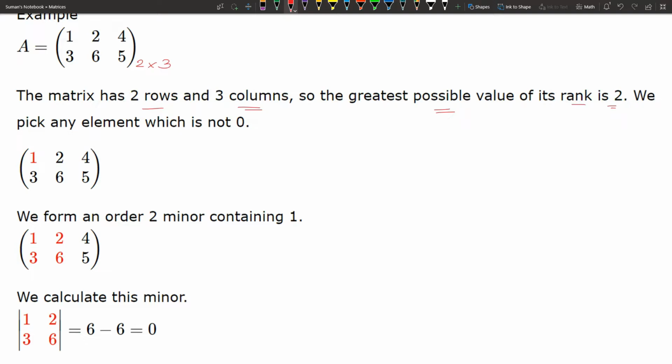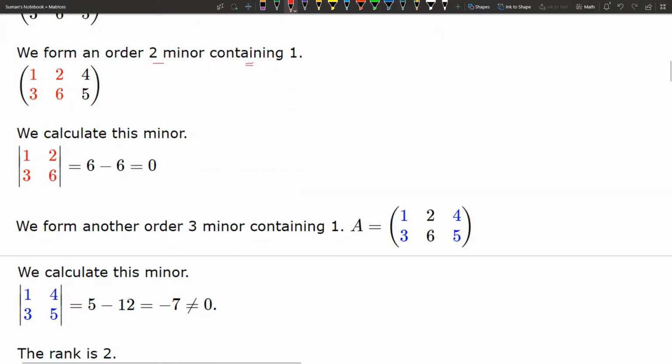So we pick any element which is not 0. Suppose we are picking the element that is 1, that has been pointed here using the red color. So we form an order 2 minor containing 1. Let 1, 2, 3, 6. Now we calculate this minor or the determinant, then we are getting that it is 0.